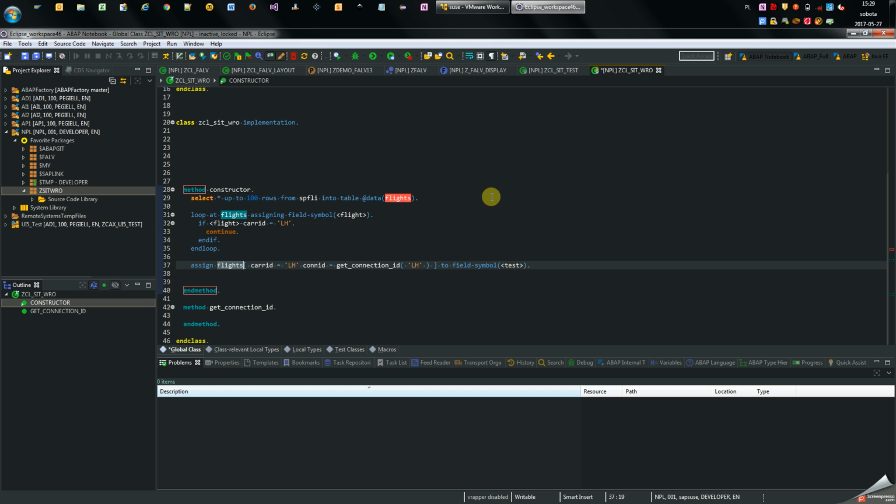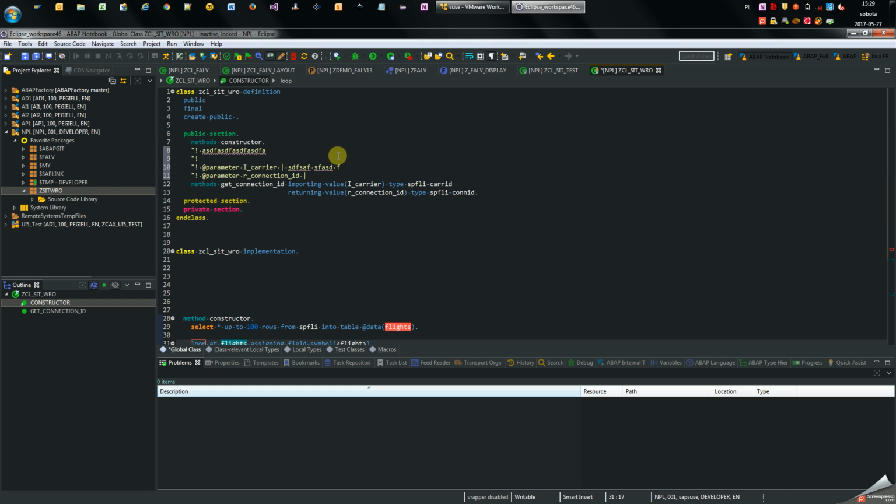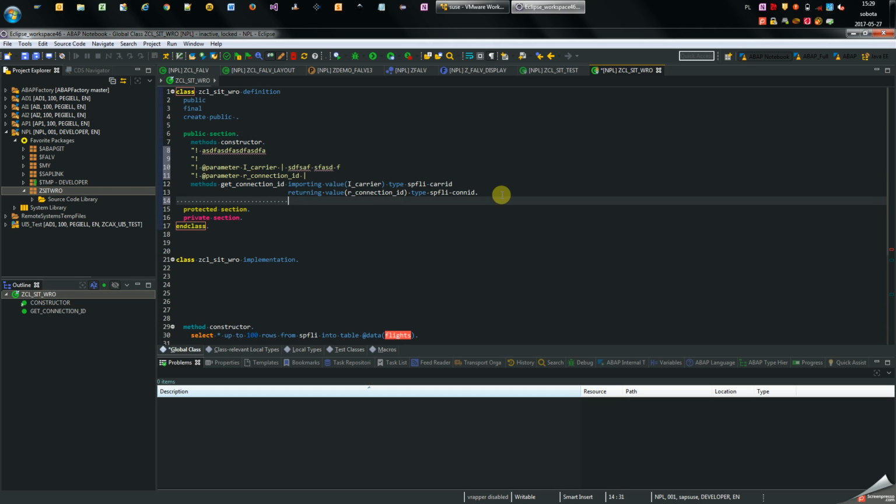There is a Control+1 functionality, which is a quick fix. If you use Eclipse for other languages, you know it. It's a really great feature. You could see it when I was defining the methods. I wrote the name of the method, but then I didn't create the implementation myself. I just clicked the